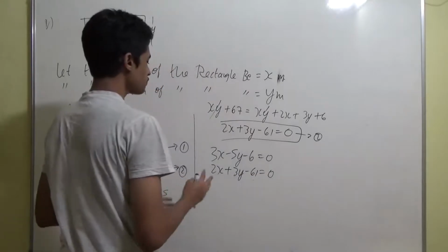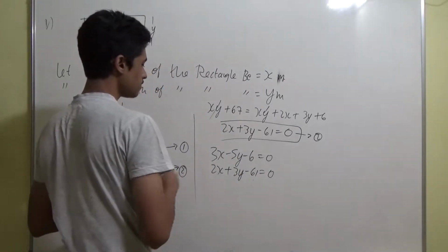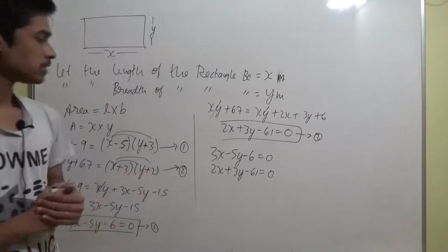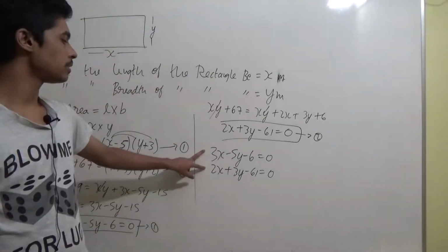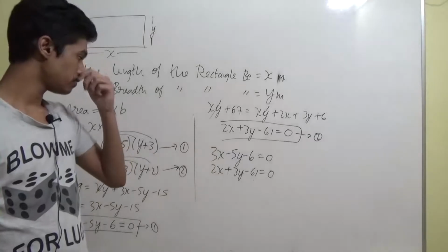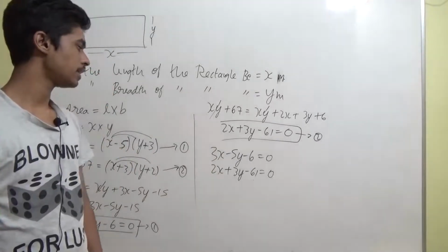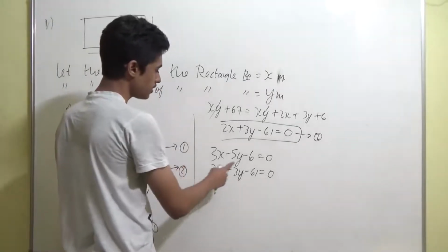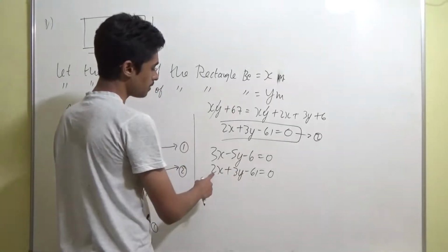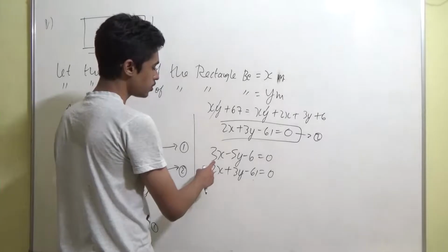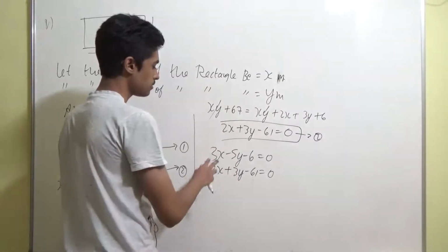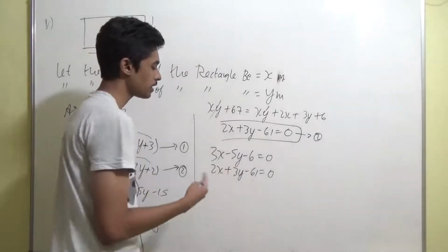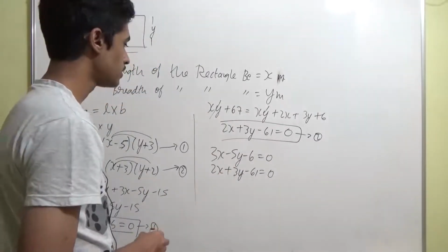Now guys, which method will I use? Elimination method itself. For the elimination method, what is required? You have to make the coefficients of one variable the same, only then elimination can be done. So I'll do one thing. I'll multiply this whole equation with 3 and this whole equation with 2. That time 2 into 3 will become 6 and here 3 into 2 will become 6. Both 6 will become the same. That time we can first eliminate the x term and then proceed with the y term.